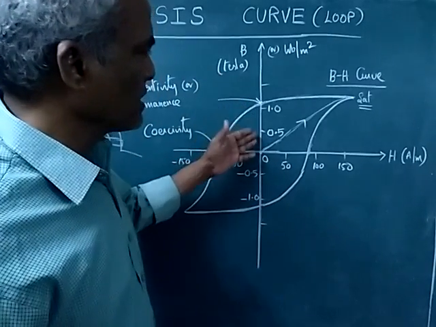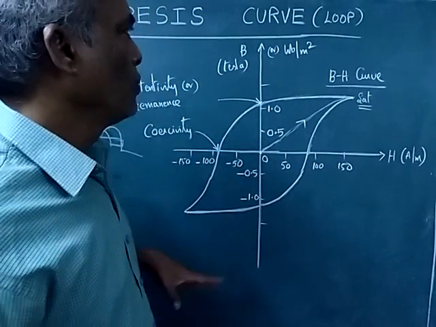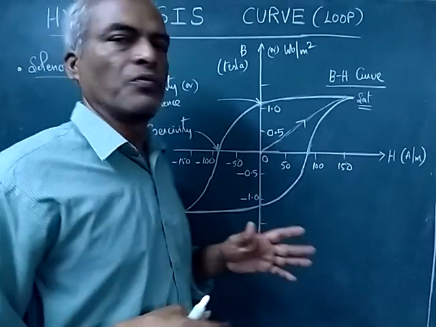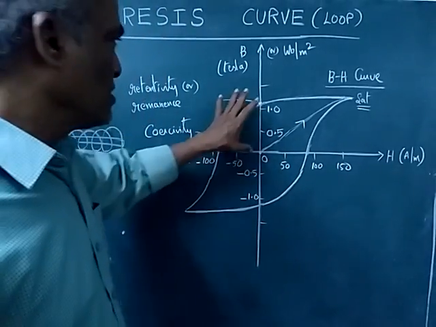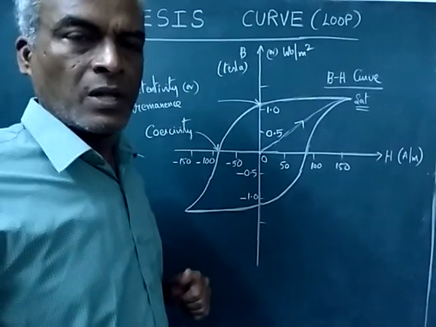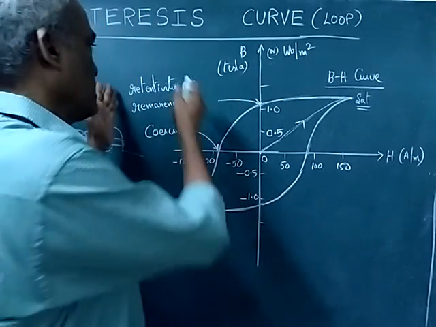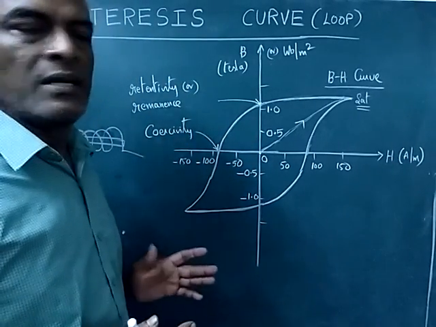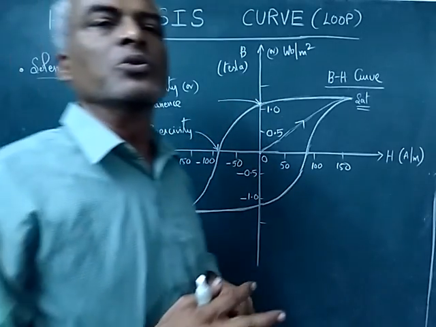Here, it is roughly 1.2 Tesla, or 1.2 Webers per meter square. This is called retentivity, the retaining of magnetism by the material. We also call it remanence. This is the property we use for